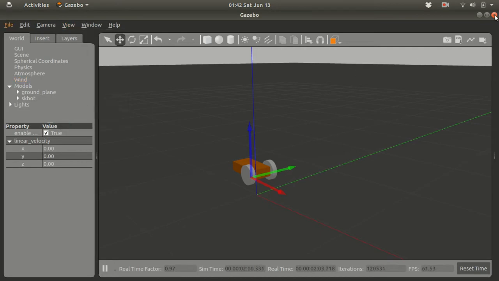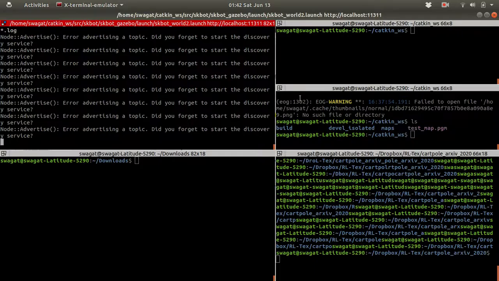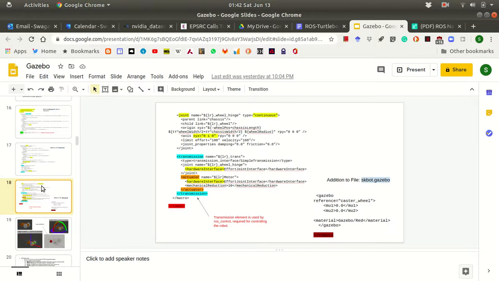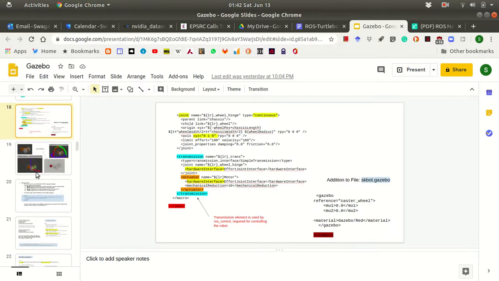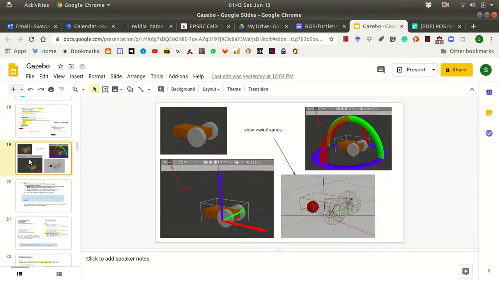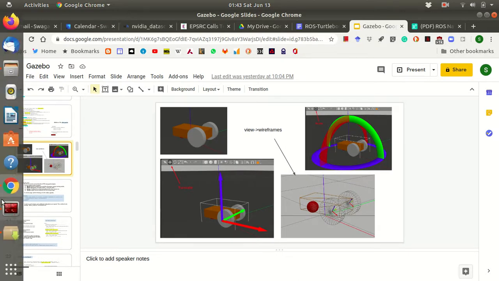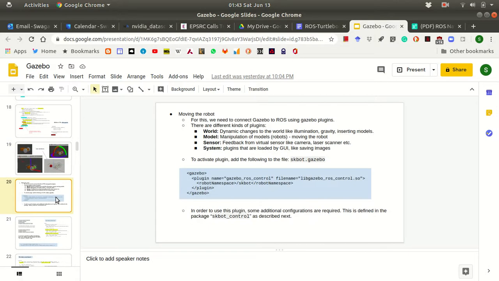So that's it, at least. Our robot is built. Now the robot is static. You cannot move it around. It's just the chassis and the mechanical part. So in order to move the robot,